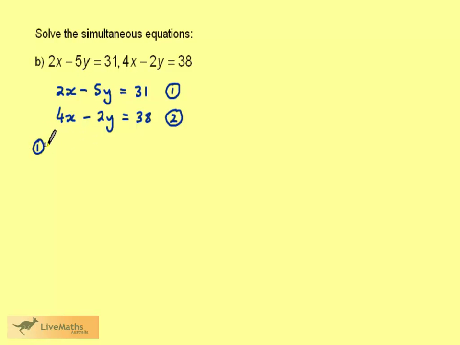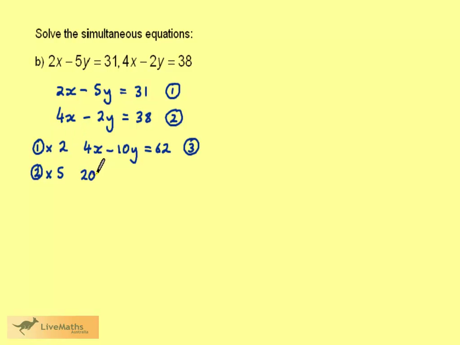If we did equation 1 times 2, we'd have 4x take 10y is equal to 62. If we then did equation 2 multiplied by 5, we'd get